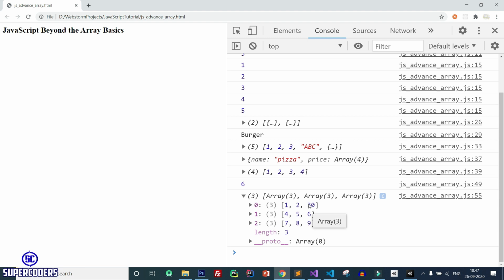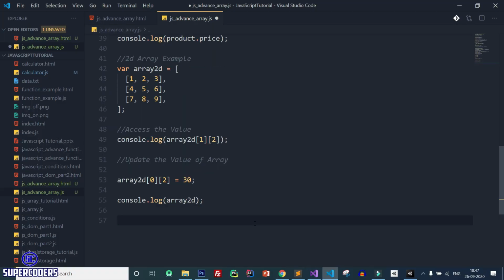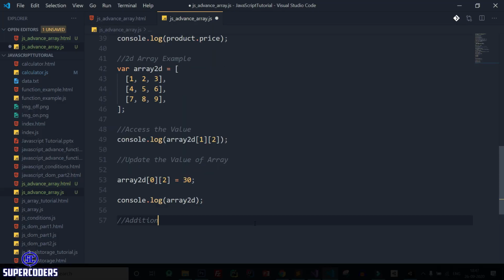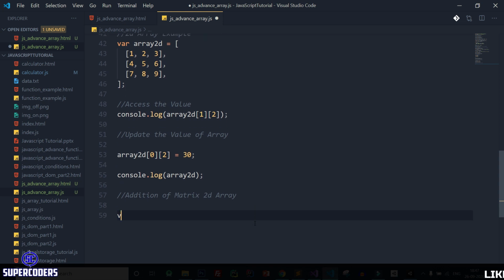So in this way you can access the value of a 2D array and update the value of a 2D array. Now let's work on a simple program for matrix multiplication or matrix addition. Let's work on a simple example, which is addition of matrix with 2D arrays.